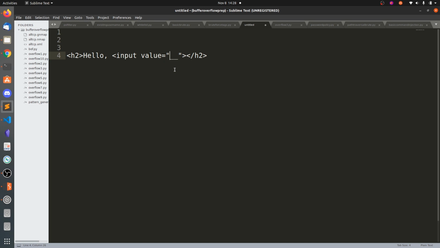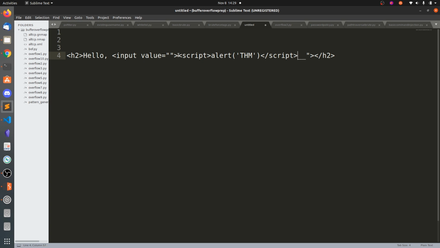In order to change this to some script, what you need to do is close this first input tag. So put another quotation so that it will be input value is equal to empty. Then you can say greater than. Now you can see the input tag has been closed. Now you can start writing the script tag, alert of THM. Okay, now the script tag has been completed.